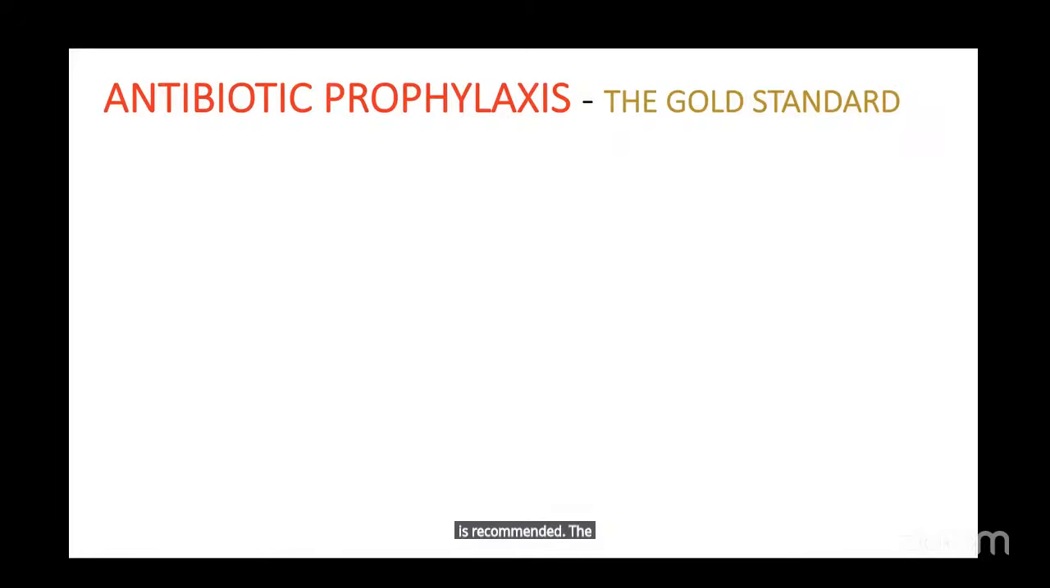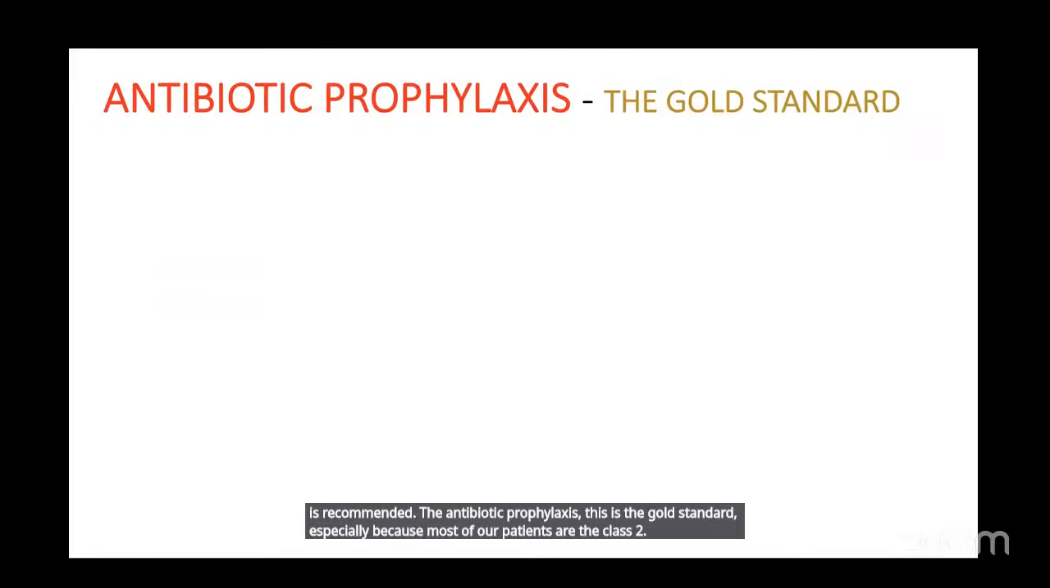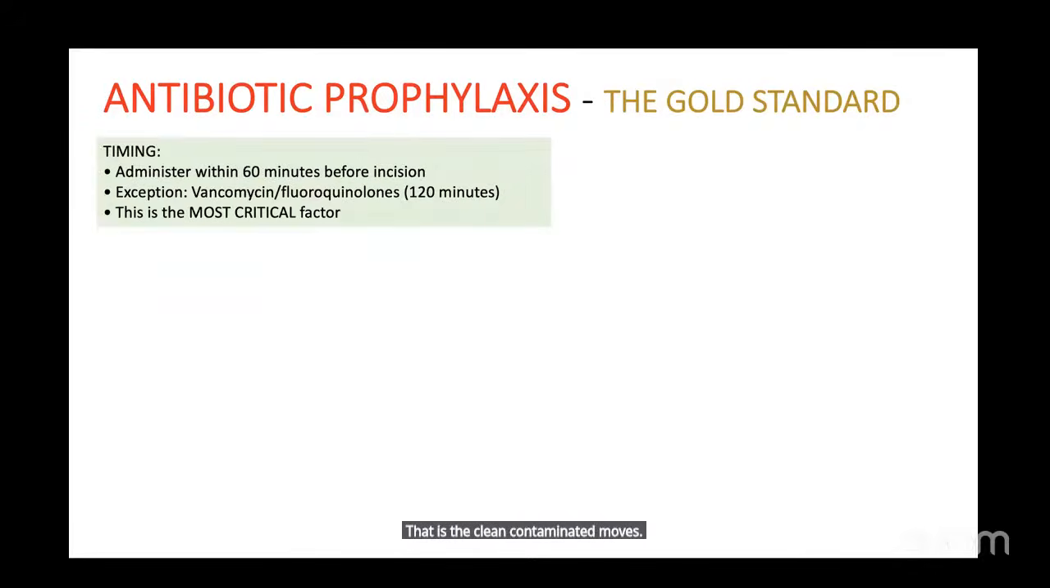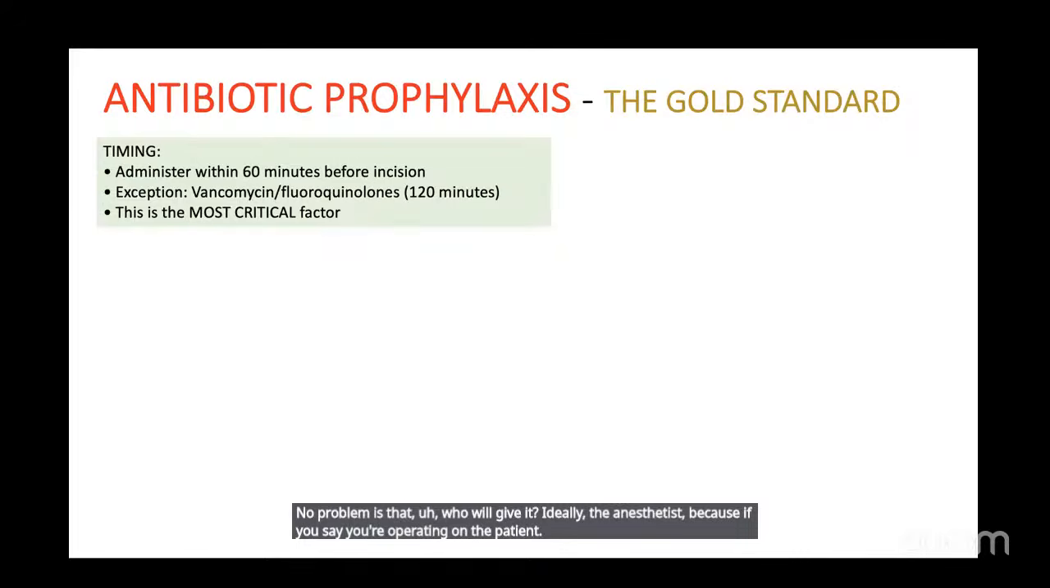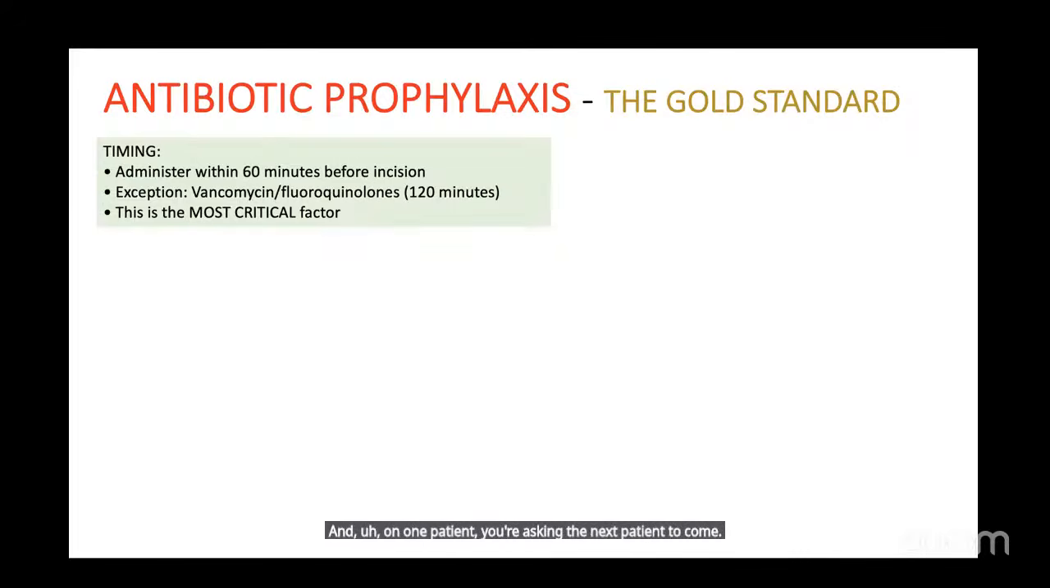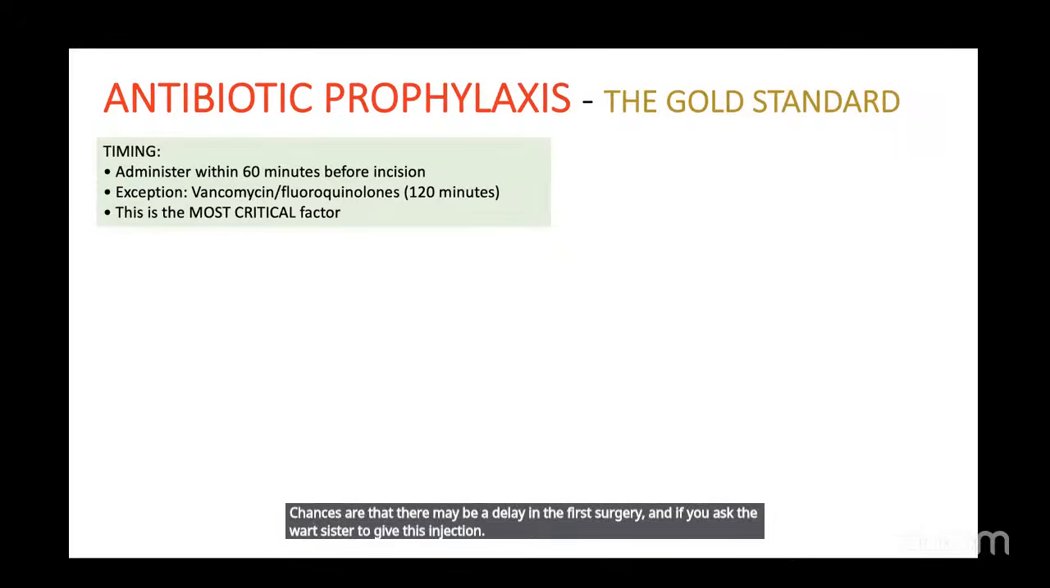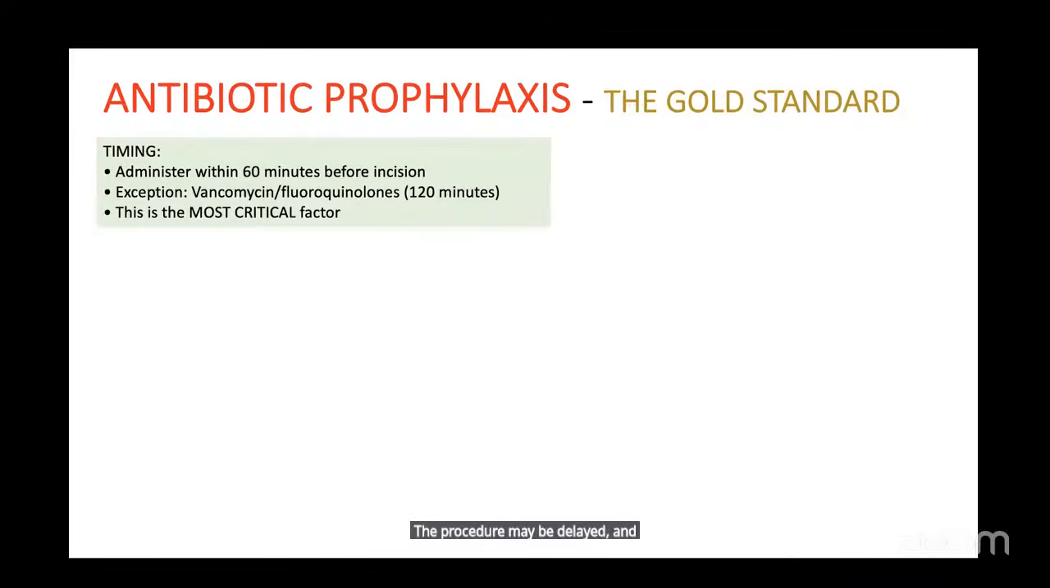Antibiotic prophylaxis is the gold standard, especially because most of our patients are class 2, that is, clean contaminated wounds. The timing is within 60 minutes before incision. Now, the problem is, who will give it? Ideally, the anesthetist. Because if you are operating on one patient and asking for the next patient to come, there may be a delay in the first surgery. And if you ask the ward sister to give this injection, the procedure may be delayed and the timing may have changed. So ideally, it should be an anesthetist giving this at least 60 minutes before incision, because they can time it with when the anesthesia would be